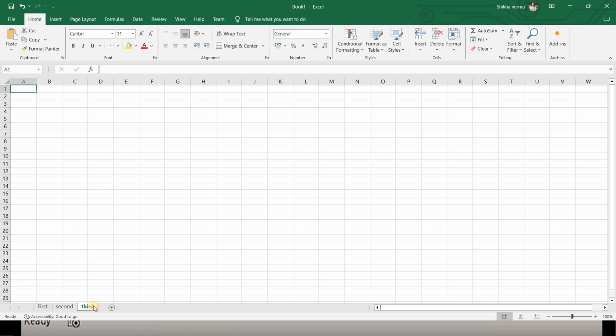After this, suppose you need to change the order of these worksheets. You can simply click on a sheet and drag it to the position where you want it. In this way you will be able to move the worksheets. So this is the way. Now next,